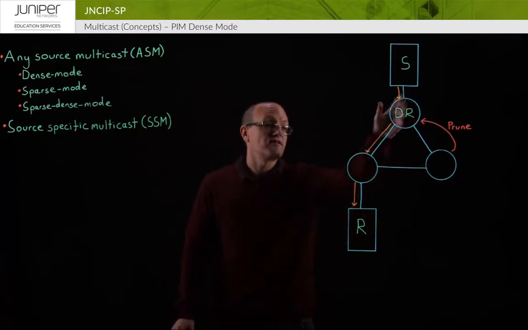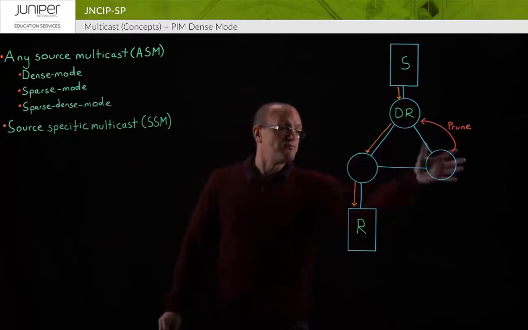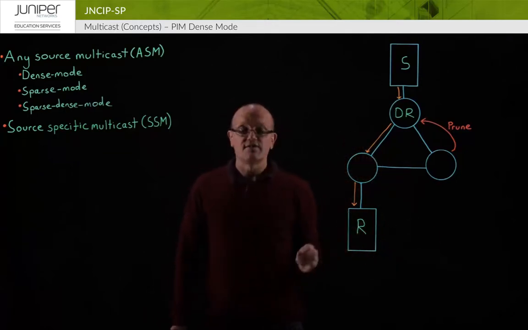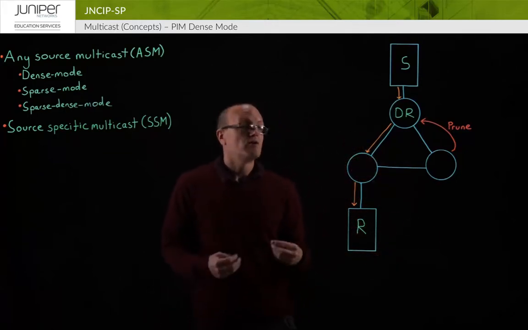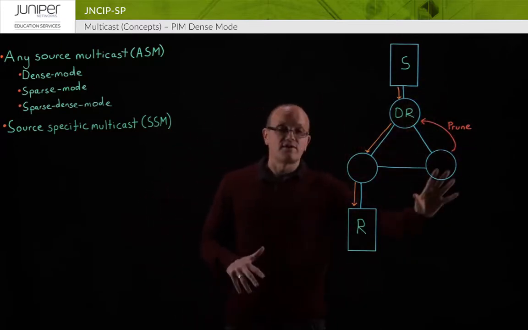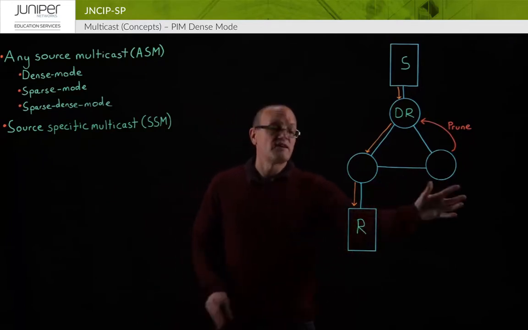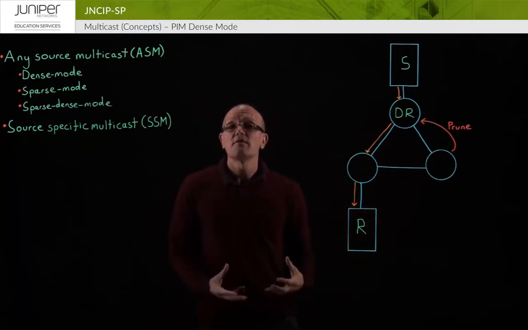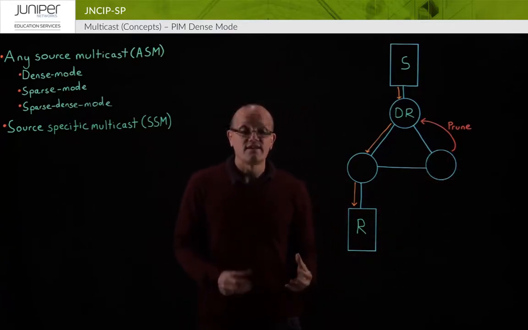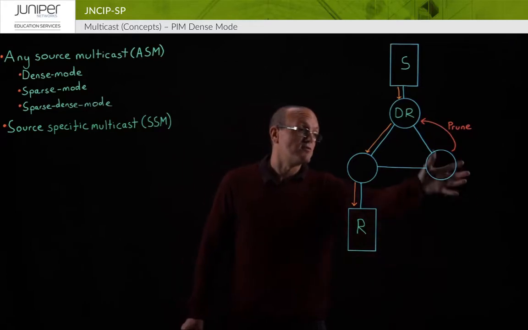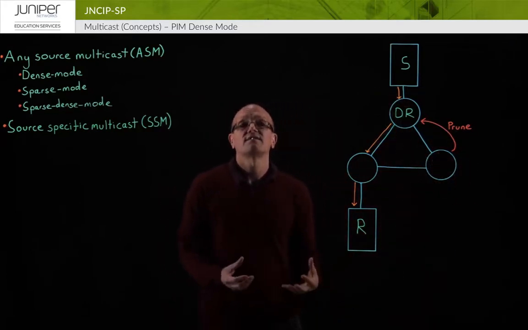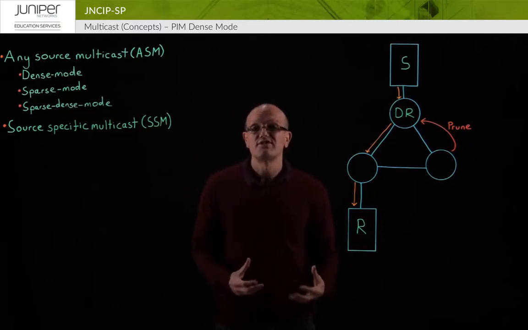So traffic from the designated router lands on these two downstream routers. And from this router here, it's delivered to the receiver. So you can quickly see how traffic is delivered to all routers in the network and all potential receivers connected in the network. However, there are going to be some routers in the network that are not connected to any receivers, such as this example here. And we obviously don't want to be sending traffic to these devices unnecessarily,